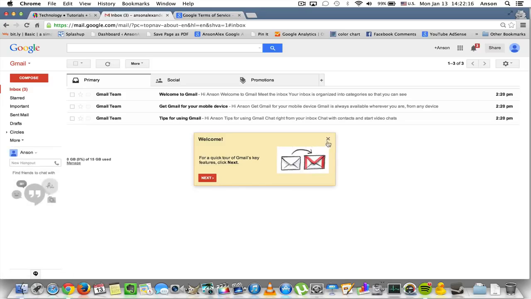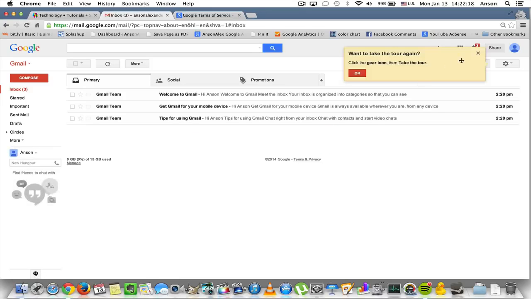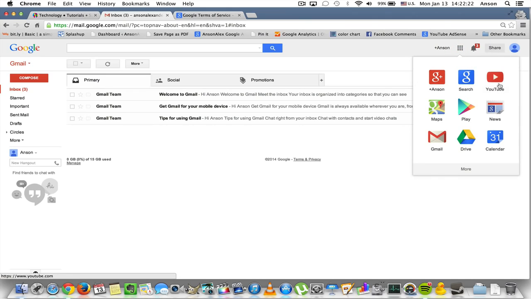If you want to access the other services Google offers, you can click on this little drop-down menu up here at the top, and you notice you've got YouTube, Maps, Play Store, Drive, all the stuff we just looked at. If you want an in-depth tutorial on how to use Gmail, definitely check out my multi-part series on using Gmail that I did in 2013. It's still very, very relevant. If it becomes out of date, I will update it this year, but for right now, it's like a 9-part series or a 10-part series or something. It's got a ton of information, adding context, sending emails, configuring your